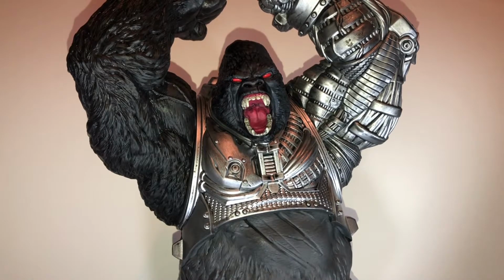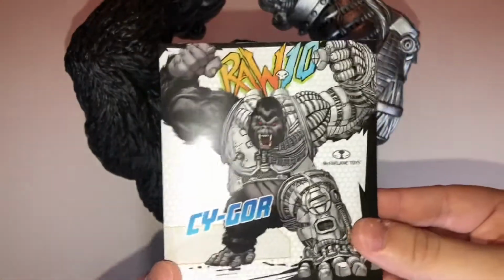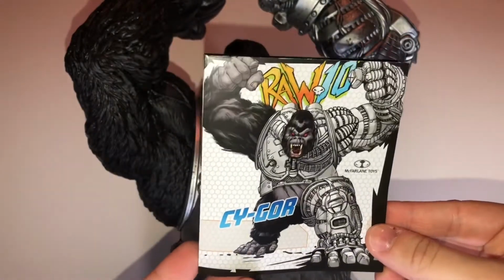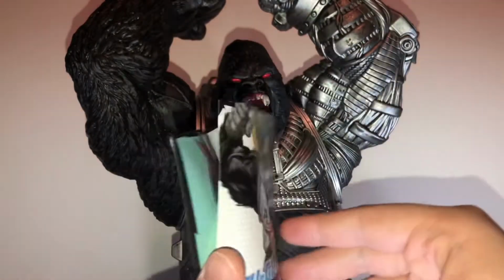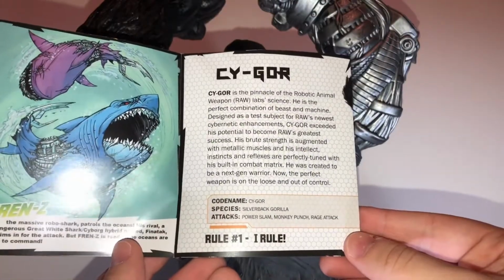So, Cy-Gor doesn't come with any accessories, but he does come with a little information pamphlet that turns into a mini poster, which is pretty cool, so I'll go ahead and show that off. So, right there, you get some art of Cy-Gor with the Raw10 logo. You get a brief bio on the inside, so go ahead and pause it if you want to read